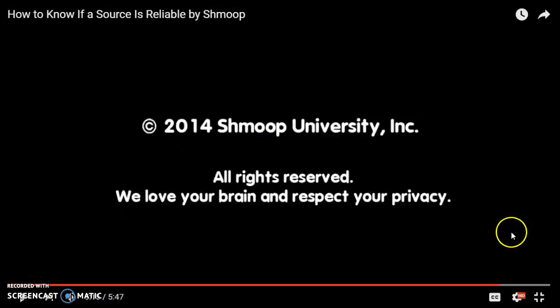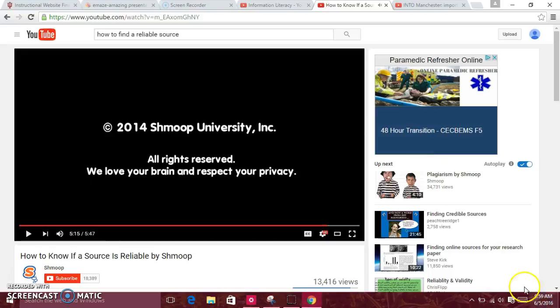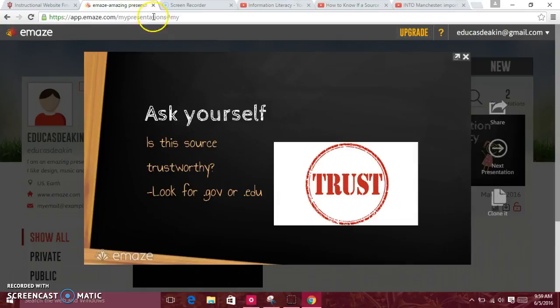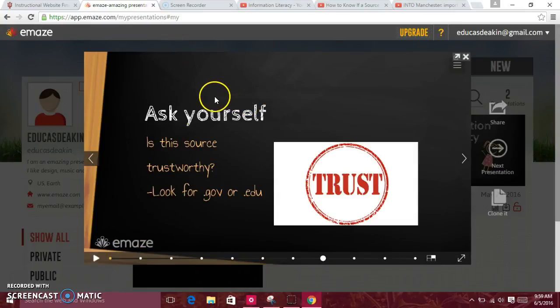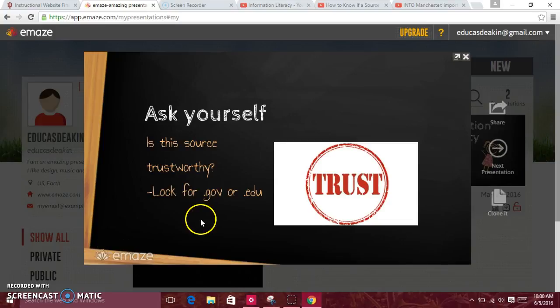Okay, awesome. So, that gave a lot of information on how to know if a source is reliable, and I kind of touch on this a little bit. The first thing that I would suggest you ask yourself is, is this source trustworthy? And for me personally, if you're not using a search engine like Google Scholar, or something that you know is going to only produce peer-reviewed articles, then I